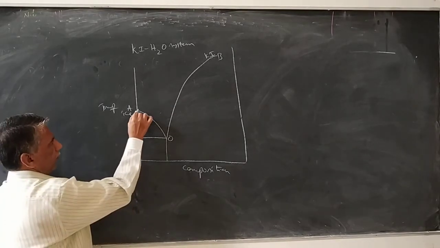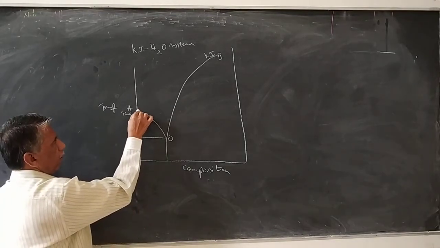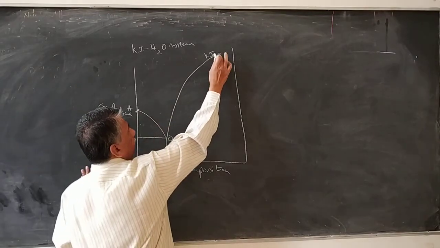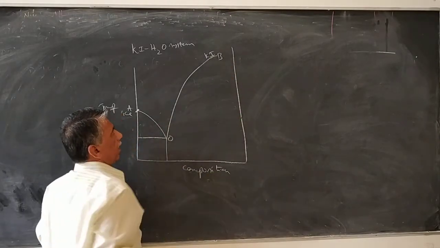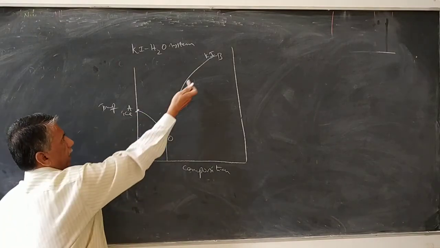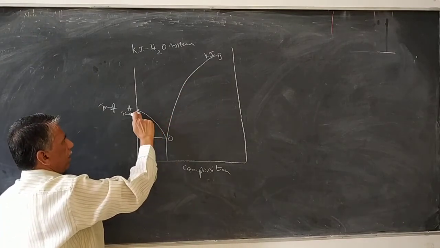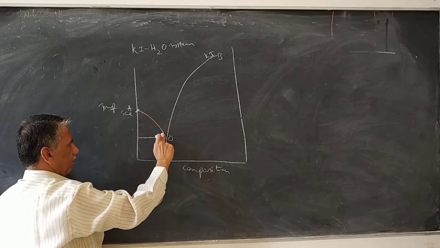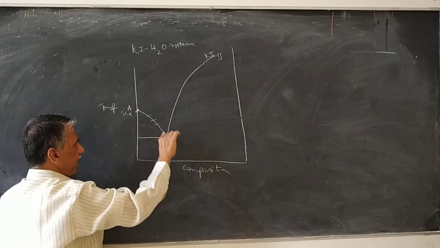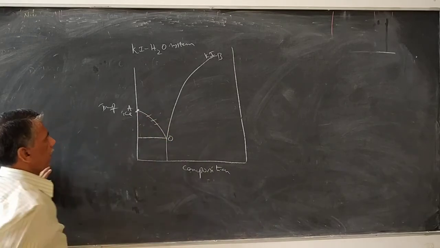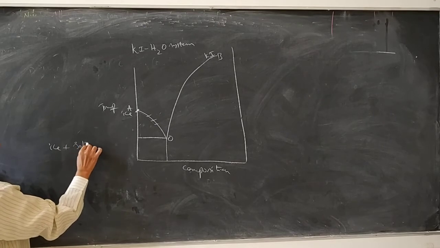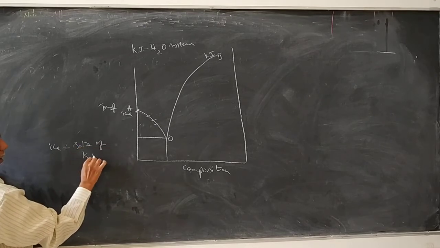Okay. To this ice, here it is only one phase, that is the ice phase. Here also there is only one phase, namely solid potassium iodide. Now, to this ice, if I add potassium iodide, the temperature starts to decrease. Okay, and any point on this line AO consists of ice plus solution of potassium